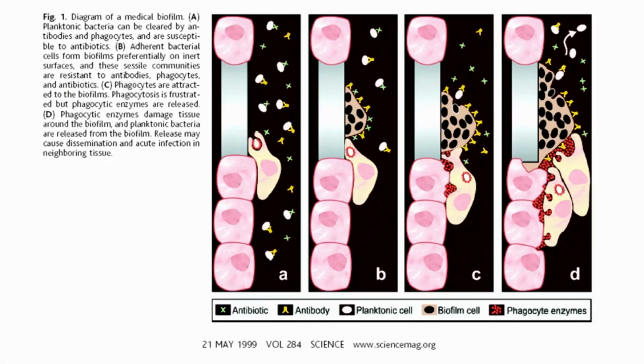Okay, so this is just a pictorial representation of how these biofilms, once they form, are able to tackle the immune system. Here is one example. Let us say this is the implant that you have put in, here is your healthy tissue, here is your implant. Now, let us say there is one bacteria here. So, if this is a bacteria,